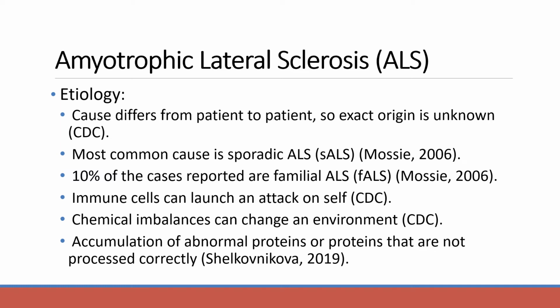Also, chemical imbalances can change chemical environments. A prime example is that a chemical change can lead to the overproduction or underproduction of molecules or proteins that can really affect different pathways and cascades. An example is glutamate, which is an essential protein in our body, but when there are high quantities of glutamate, it becomes toxic to nerve cells, which can then cause further damage. As we know, ALS is a neurodegenerative disease, so that can definitely contribute to ALS.